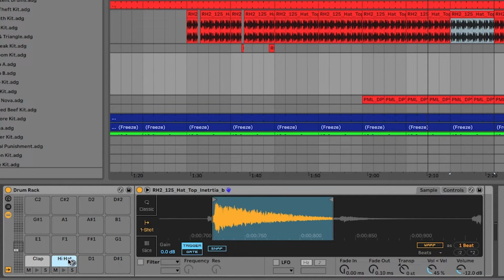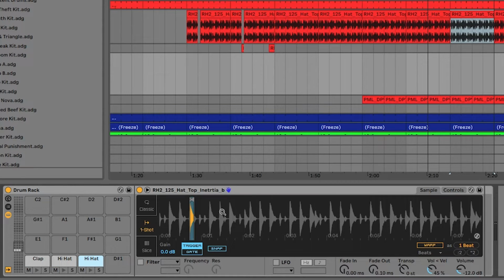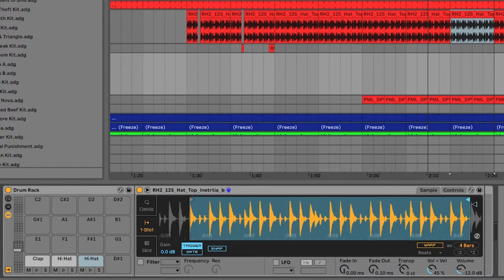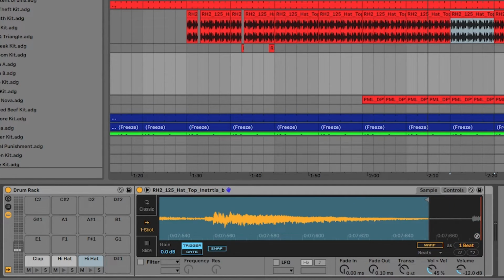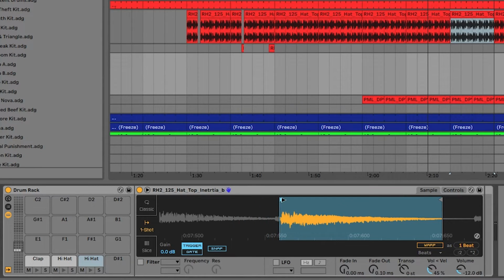Then we could do another one. Hold down Alt or Option and drag this again. Go in and find, I think this was like a little kind of hit at the end. Let's see what this is. See what this is about. Cool. So we'll call that snare. Awesome. Now what we've got here